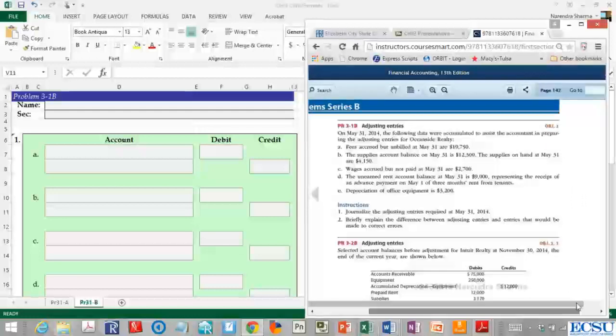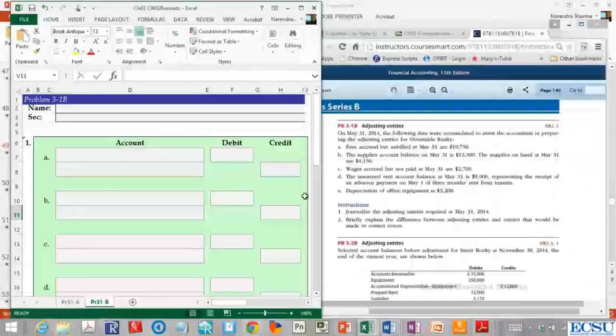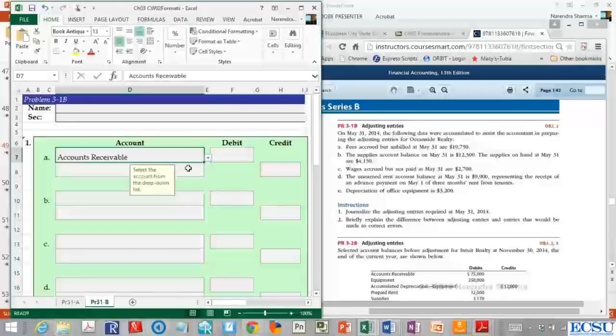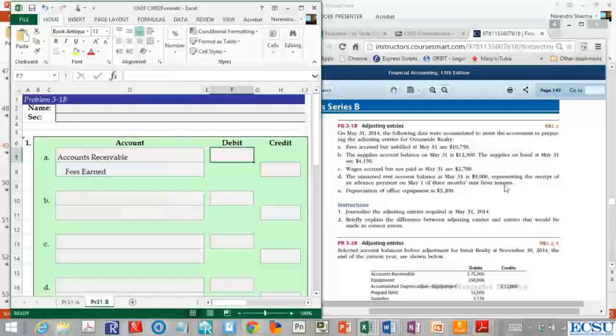Okay, on May 31st, 2014, the following data were accumulated to assist the accountant in preparing the adjusting entries for Oceanside Realty. Fees accrued but unbilled at May 31st was 19,750. So whenever fees are earned but not billed, you will be debiting accounts receivable and crediting fees earned. So that would be 19,750